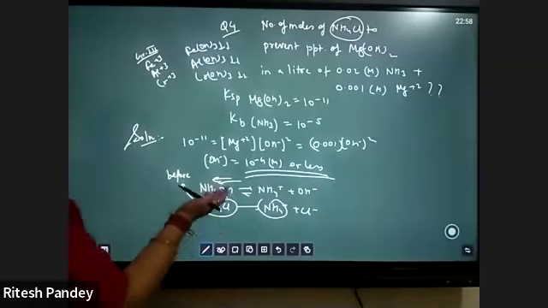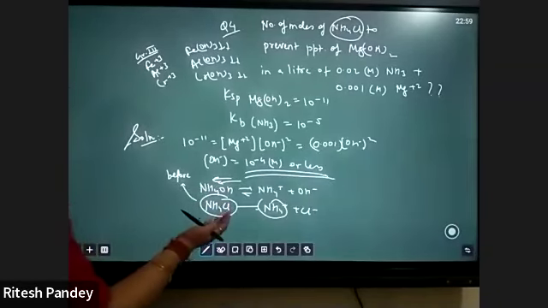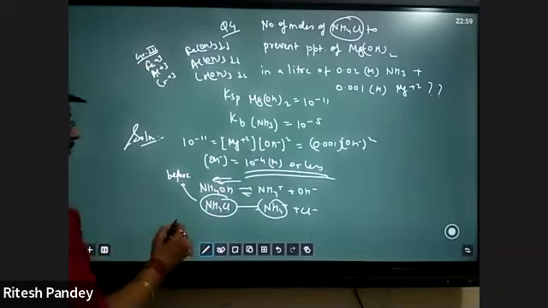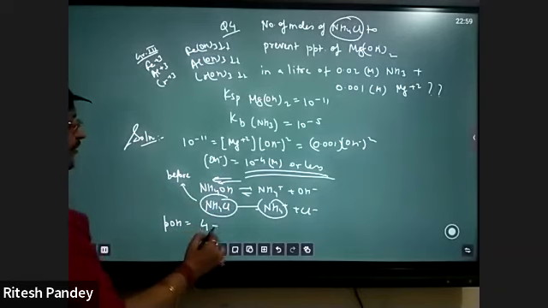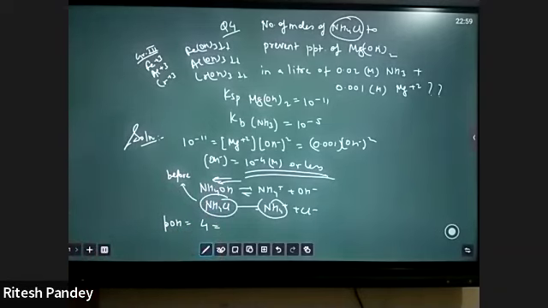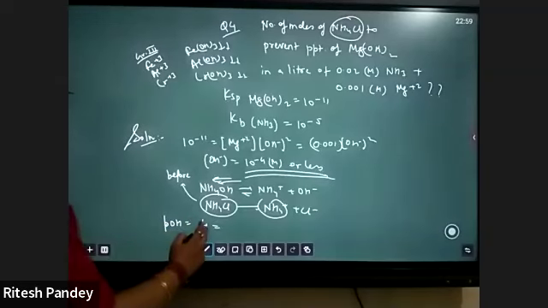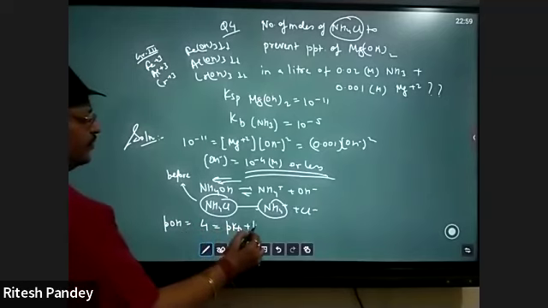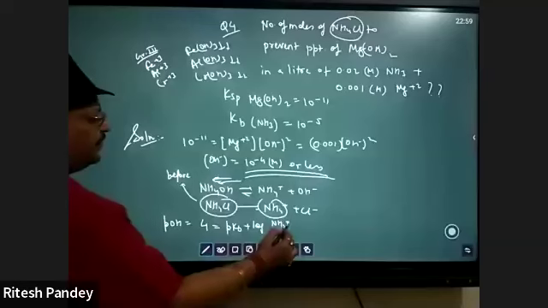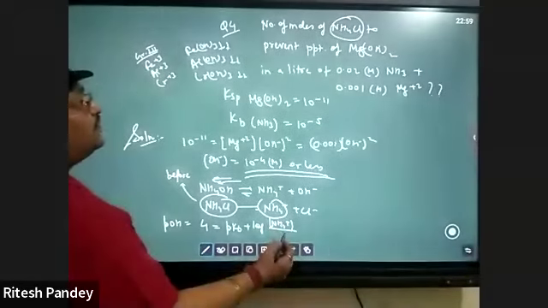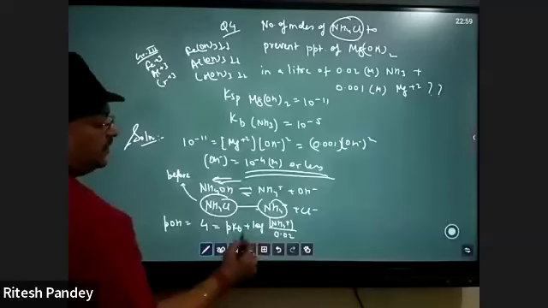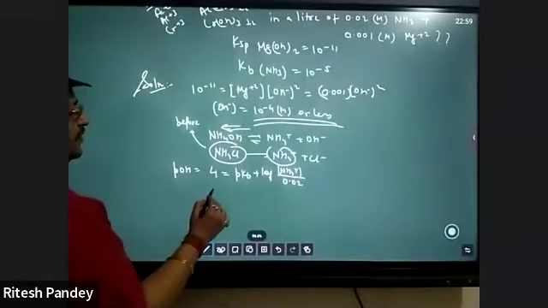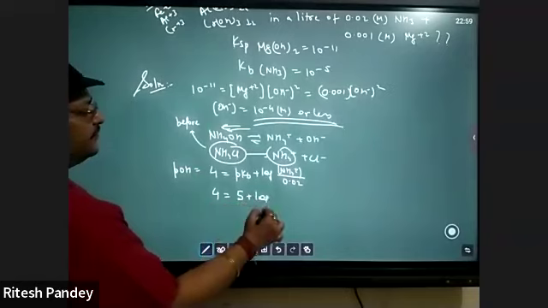I would want to write it as a buffer equation because that's the way we have understood a mixture of ammonium hydroxide and ammonium chloride. But at the same time, I would want people to realize that more than a buffer, it's a basic act of common ion effect where you want pOH to be 4, and this is going to be the pKb, and you would want to make sure that you have enough ammonium. Ammonia 0.02 दिया है, pKb दिया है। pKb कितना? 5।